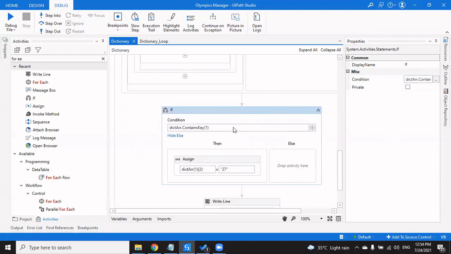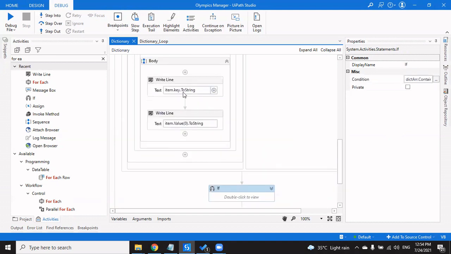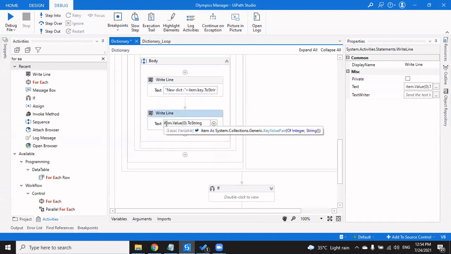Then we say, okay, if the previous dictionary contains 1, then we remove it, that's okay. Let's just run it to check the values. Let's even add something here, say new dictionary, so that we can actually figure out whether this is the output that we're looking at or not. Okay, now let's run it.